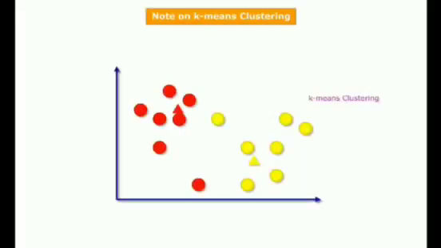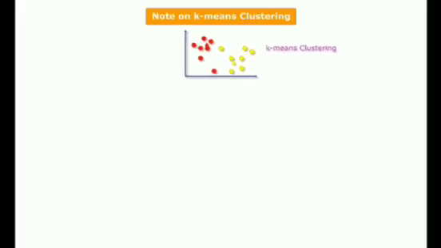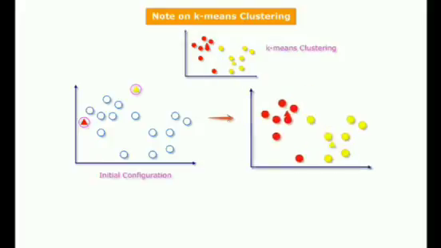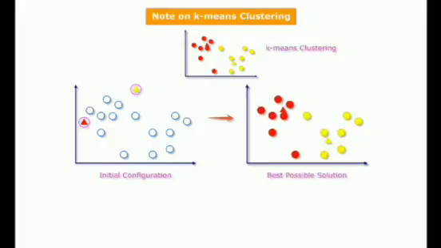Even though k-means clustering is simple and easy to implement, one of its key drawbacks is that the algorithm seeks to find a local optimum, which may not yield globally optimal clustering. In this approach, the algorithm starts with an initial configuration and continuously improves to find the best solution possible for that initial configuration. Since the solution is optimal to the initial configuration, there might be a better optimal solution if the initial configuration changes. The locally optimal solution may not be the most optimal solution for the given clustering problem.